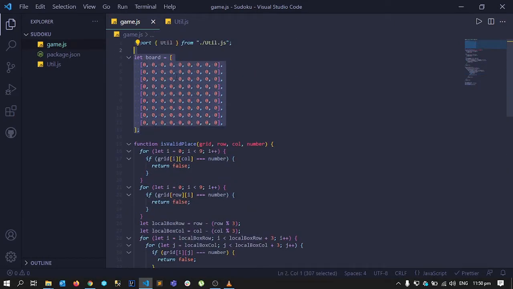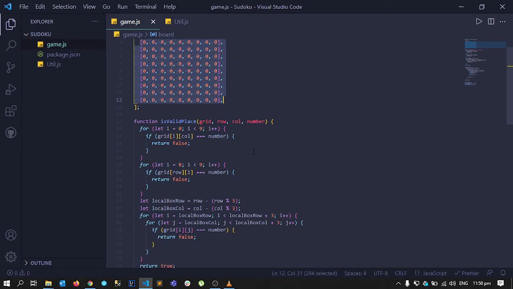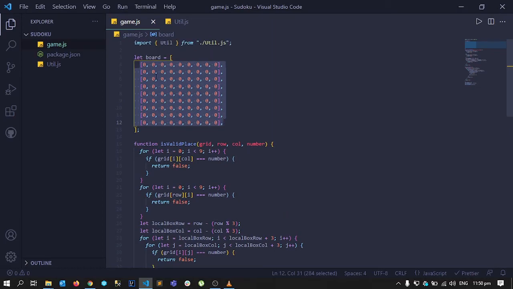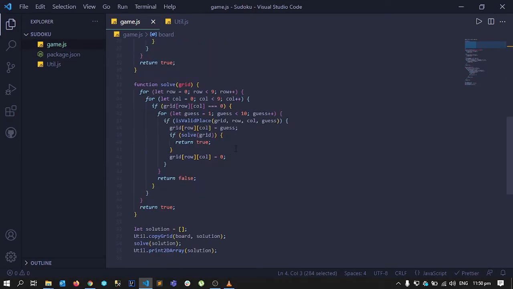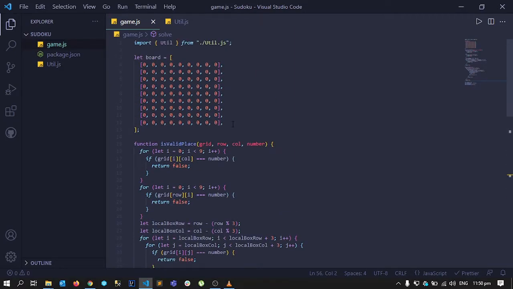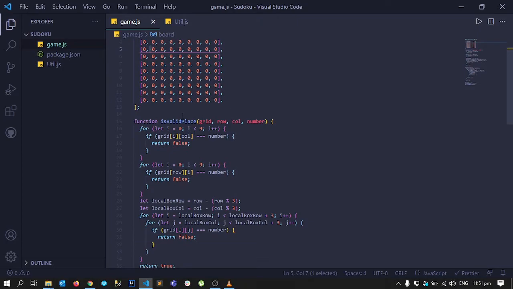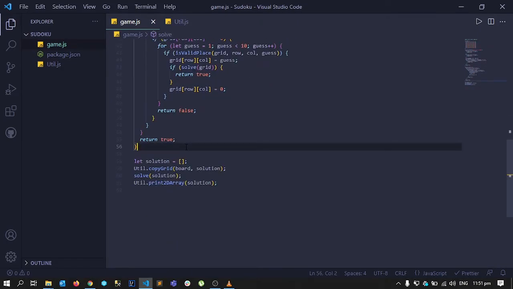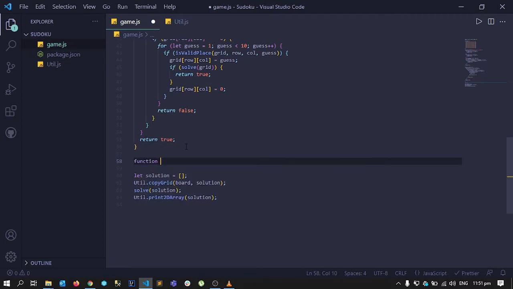So we have the logic to solve a given Sudoku, right? But what we have done so far is solve a Sudoku that was empty. So let's now go ahead and write logic to give us a random Sudoku puzzle every time. How can we do that? An easy way is to first find a solution and then remove some of the numbers from it randomly, and we'll be left with some clues, and then we can solve for a solution from there. So let's go ahead and write a function, createPuzzle,